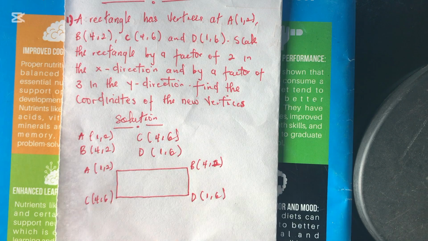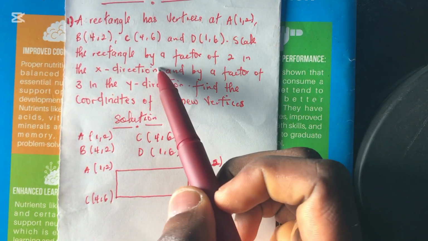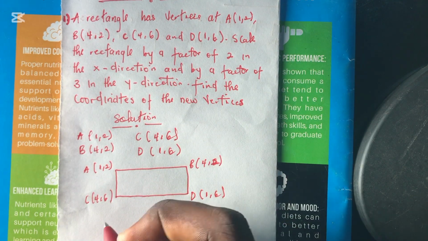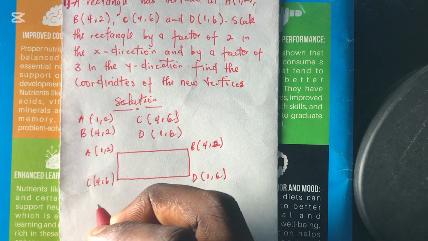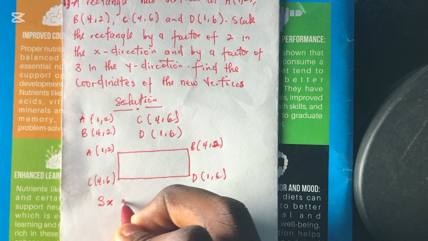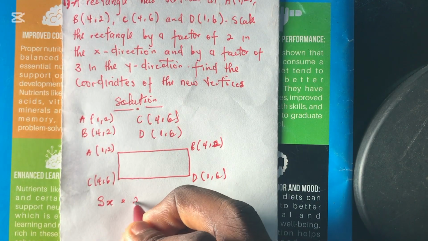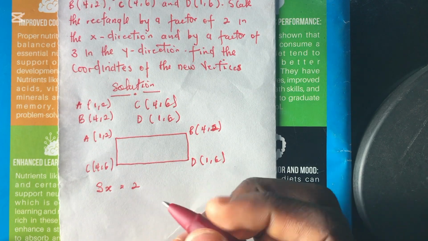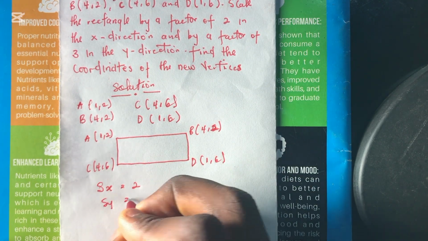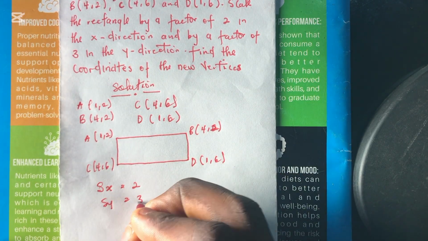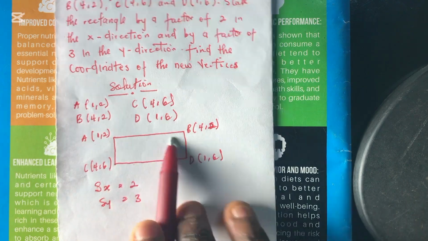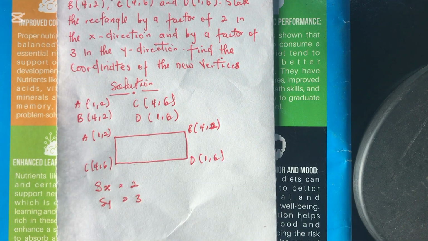Alright, and they mentioned scaling the rectangle by a factor of 2 in the x direction. So the scale factor is 2 in the x direction, and the scale factor in the y direction is 3. This is what we need, in 2 dimensions. So what are we going to do now? From the formula of